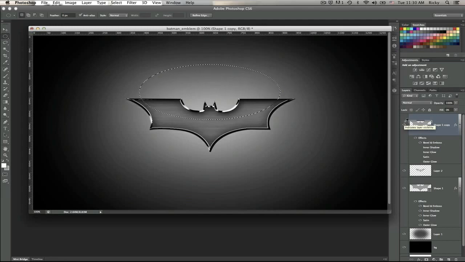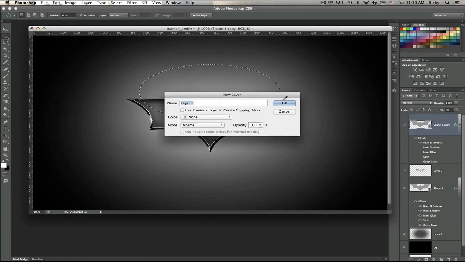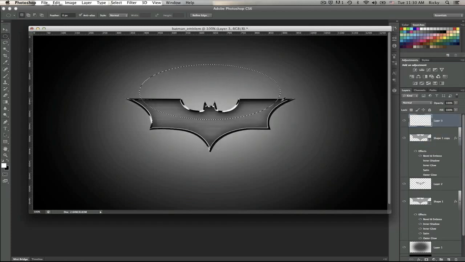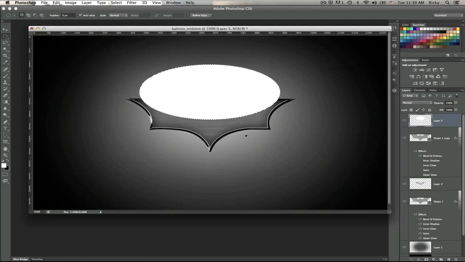Alt delete if you don't have the color white already on your swatches panel. Hit letter D. Switch it with X. Alt or Control Alt or Option delete. I'm sorry, you should create a layer first. Create a new layer, and then hit Option Alt delete. Deselect, and then Command or Control click on the logo shape,